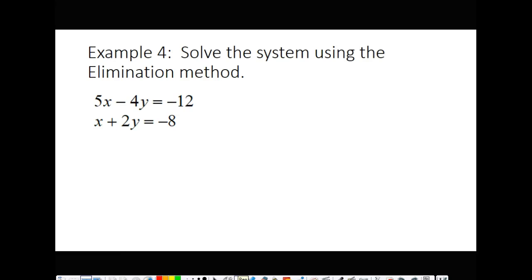So how substitution worked was you replaced one of the variables with something else, right? The goal in both substitution and elimination is to get rid of one of the variables. With substitution, you get rid of one by substituting it with something else. With elimination, you get rid of a variable by canceling it out, okay? And so